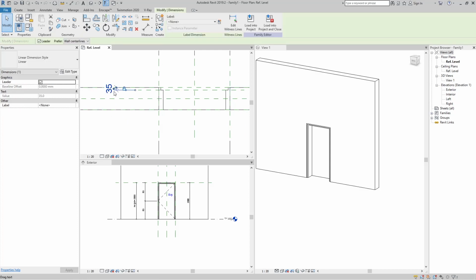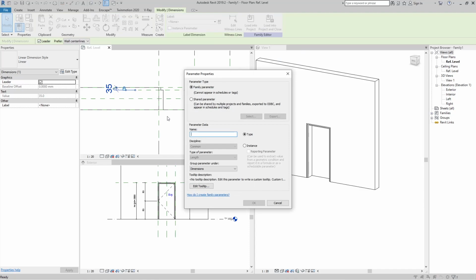Just click on that dimension, and now here on the label dimension we have this little icon that is a create parameter. Click that, and now you can see we can create a new parameter for this family. The parameter can be type or instance. What is the difference? I will explain in another tutorial. For now, just leave this as type and click here, maybe door